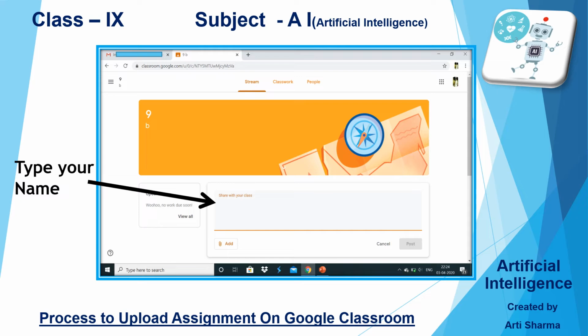Now, when you click on that particular area, automatically it has provided you the space. Here you can type your name or your assignment name to show that this particular assignment is given by you. So you must type your name.